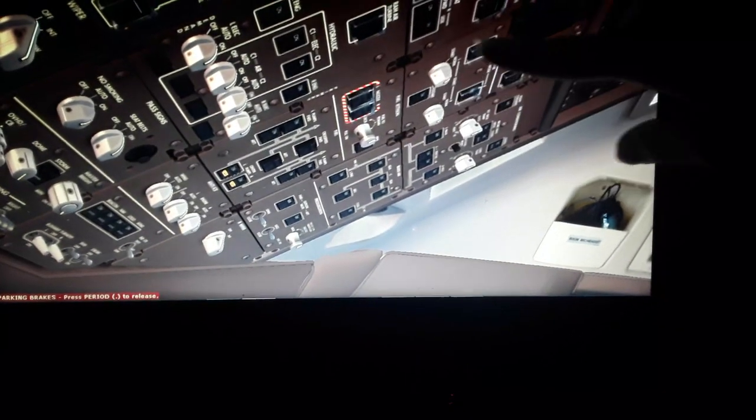I'm gonna show you the hydraulic panel, the ram air turbine, the passenger oxygen, the electronic engine control for the engines, the fire extinguishers, the fuel jettison. You can dump some fuel in flight, and the fuel tanks, the left wing, right wing, center tank, and the fuel booster pumps and the crossfeed valves. You can balance the fuel between the left and the right wing, or use one wing tank to feed both engines. So we have also the cabin pressurization and the bleed air from the left and right engine, and also from the APU unit bleed